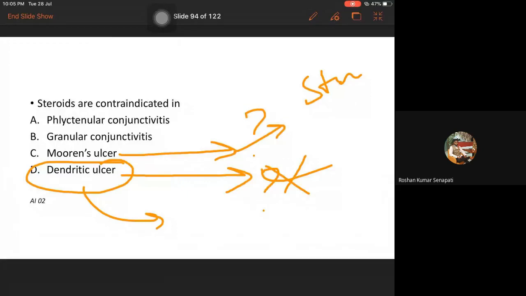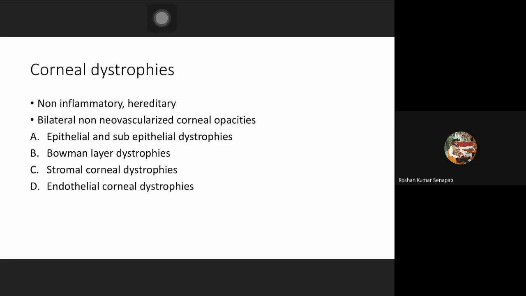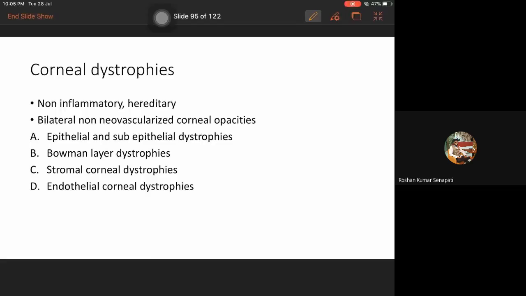Next, once we finish the immune-mediated corneal disorders, we'll come to the corneal dystrophies. If you take the cornea overall, what are the pathologies, the abnormalities of the cornea? One is infectious diseases, then you have the immune-mediated corneal disorders, then corneal dystrophies, then corneal degenerations, then corneal ectatic lesions. Okay, so we are into corneal dystrophy. This is followed by the ectatic corneal disorders.